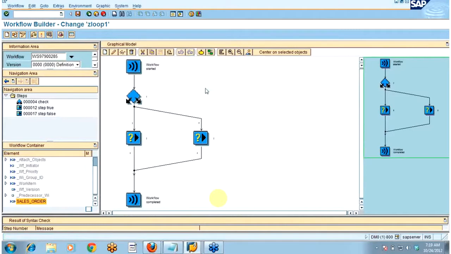So I have created one condition step and two user decision steps, one in the true branch and one in the false branch. So I'm just activating it.